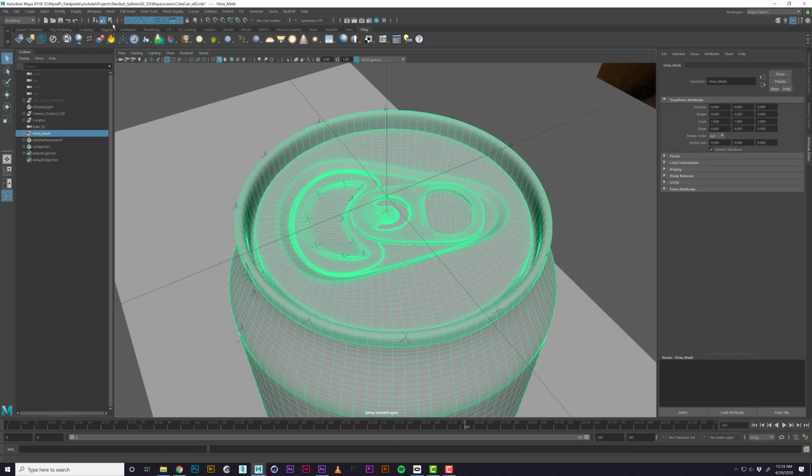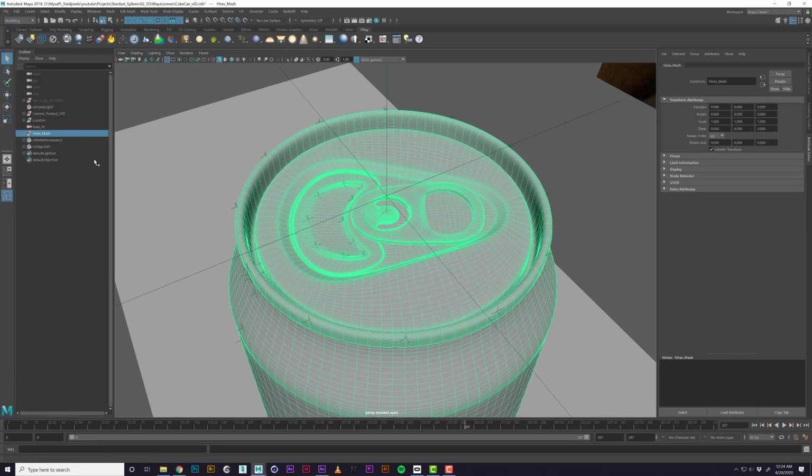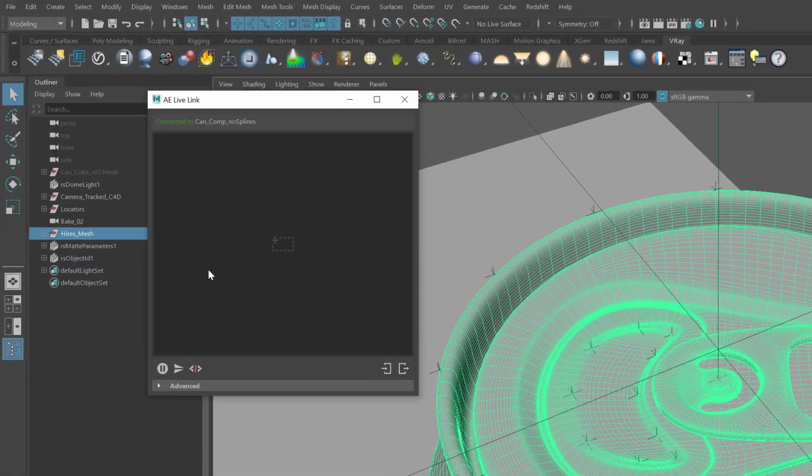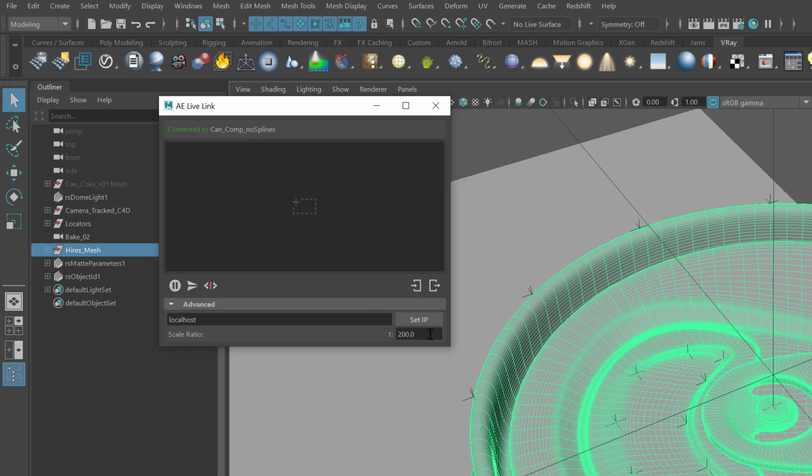And I actually want to launch, under File, Adobe After Effects Live Link in here, so that it's linking to my After Effects comp, and it actually tells you which comp it's connected to. It says can comp no splines, and under advanced, I'm going to set this to 10. This is just the 1:10 ratio that I've found works well for me.